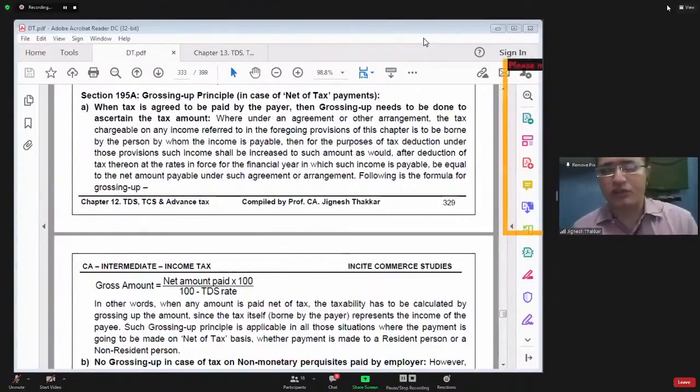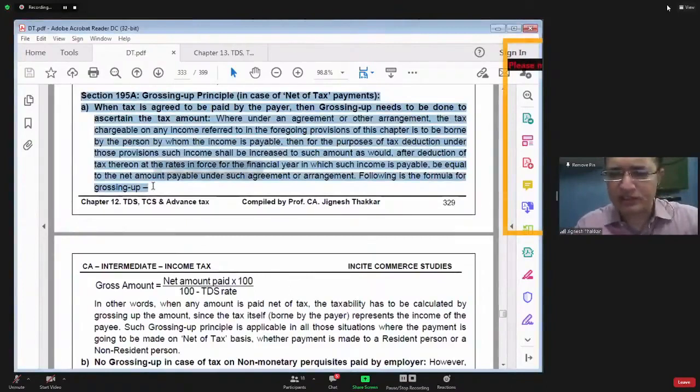Even though income of the previous year is chargeable to tax in the assessment year, tax collection actually happens in the previous year itself by three different mechanisms: TDS, TCS, and advance tax. So we started with TDS, and before we actually started TDS, I told you that